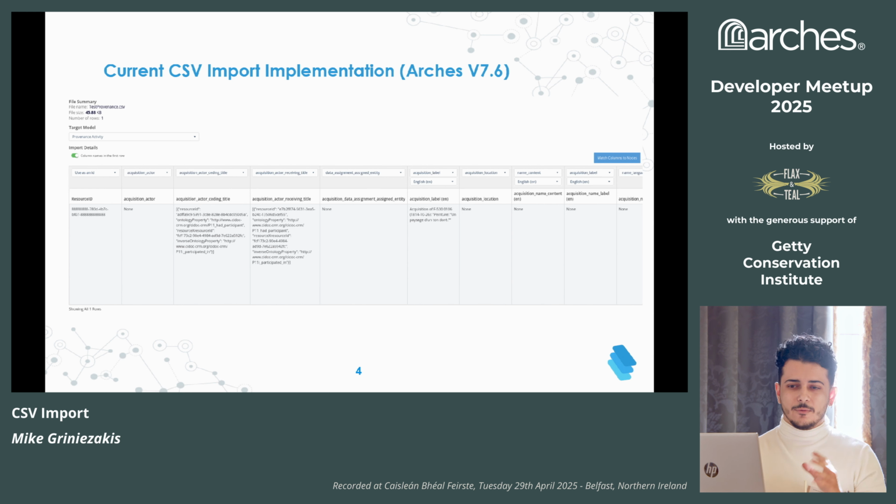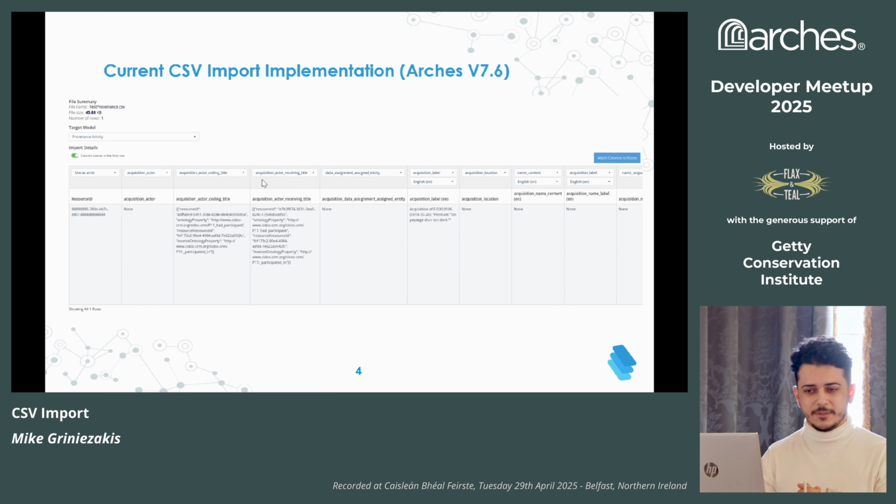So just to go a bit through the information, on the top left, this is the file summary for the file that we uploaded. Underneath is the target model, which is all the models that are already in the system. This is the model that we will add the CSV into, so we'll get a new resource and add it to that model. And underneath it is the import details, where you can see the CSV that we're going to add. You can see that it is a table with each column being a CSV header. And above it, in the light gray